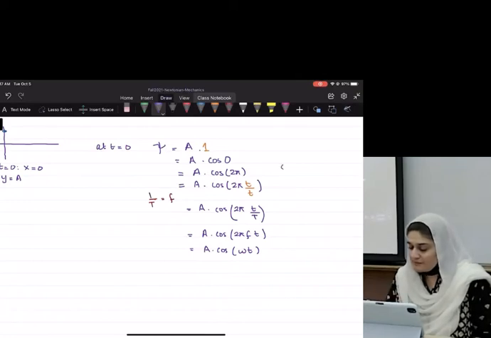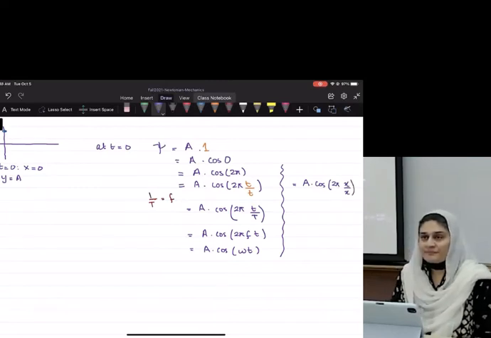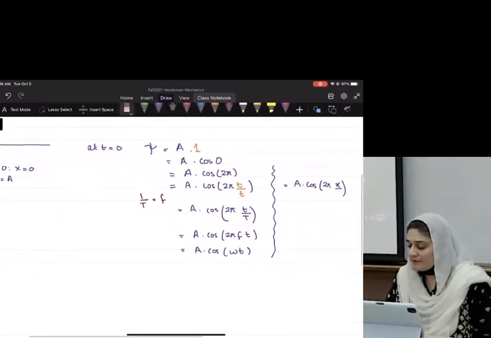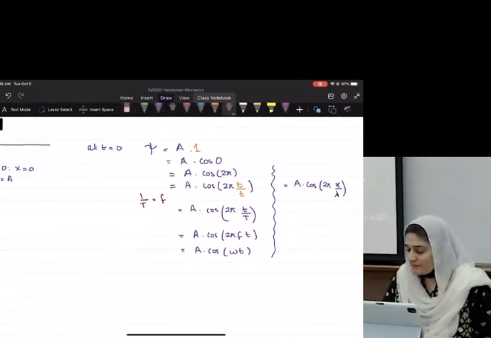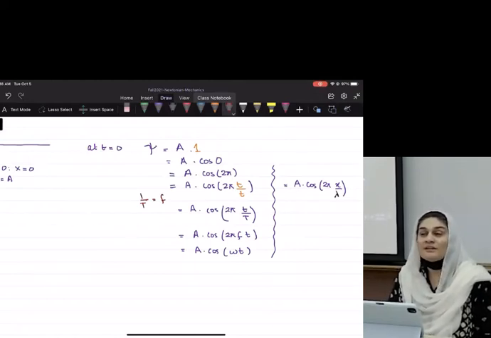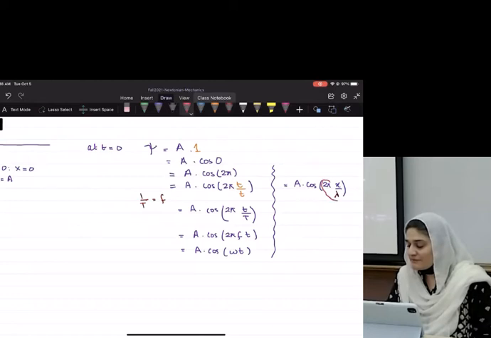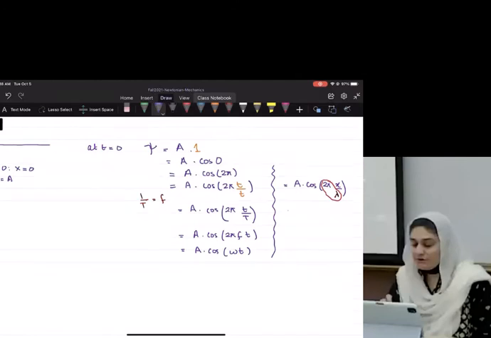Can I also do exactly the same thing for x? Now, what do I mean by that? Here, can I also do a cosine of 2 pi x over X? Is that 1? What do I call X for a wave? Anybody remember? It's called lambda, a wavelength. So X for a wave is called a wavelength. Okay? This thing right here is called a wave number. For people who have taken quantum mechanics, you have seen this before.